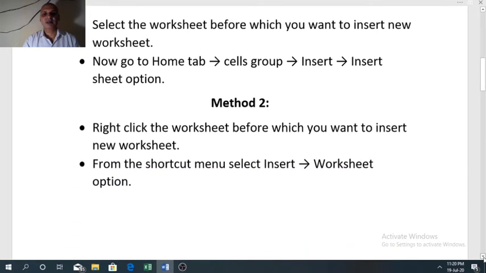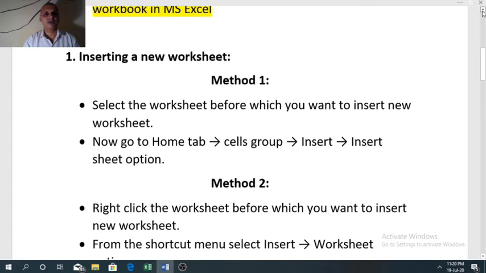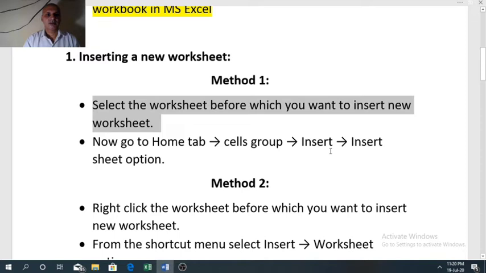There are two methods for inserting a new worksheet. One by one we will discuss them. So the first method is: select the worksheet before which you want to insert a new worksheet. Always a worksheet is inserted before the active worksheet by default.